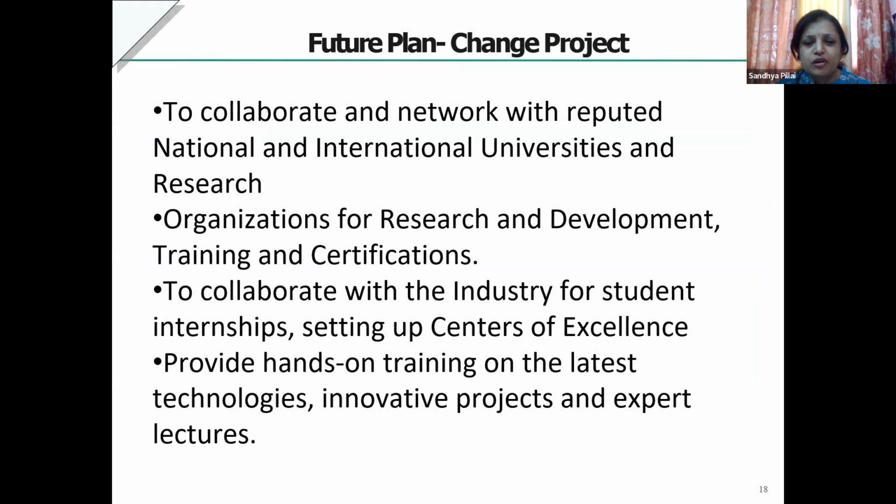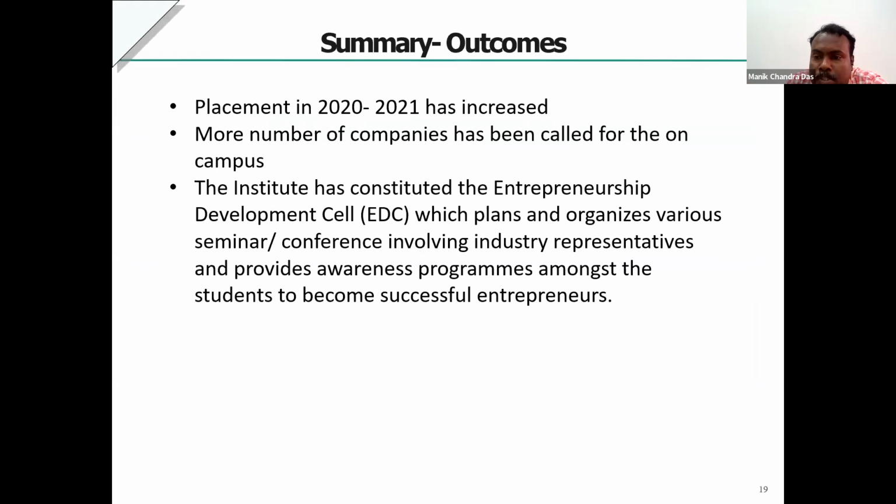Your placement records of this concept, enhancing industry-institute interaction, are already working, and by joining this workshop, we have a plan to make it stronger. That is the implementation of this idea. Earlier it was existing in a primitive manner.